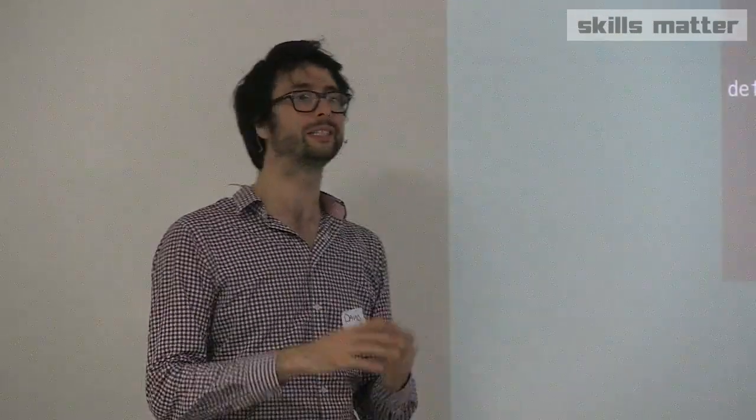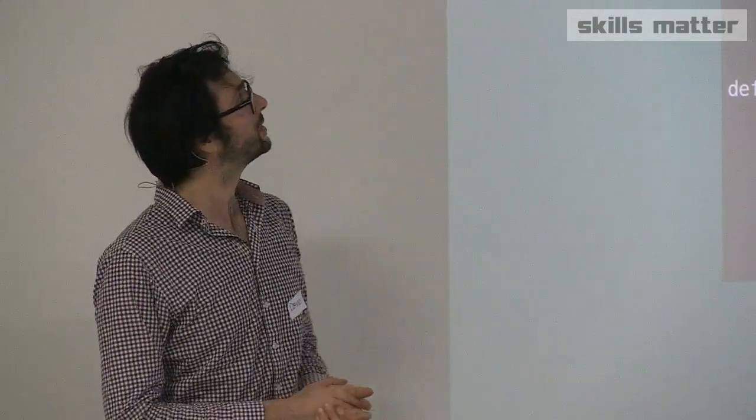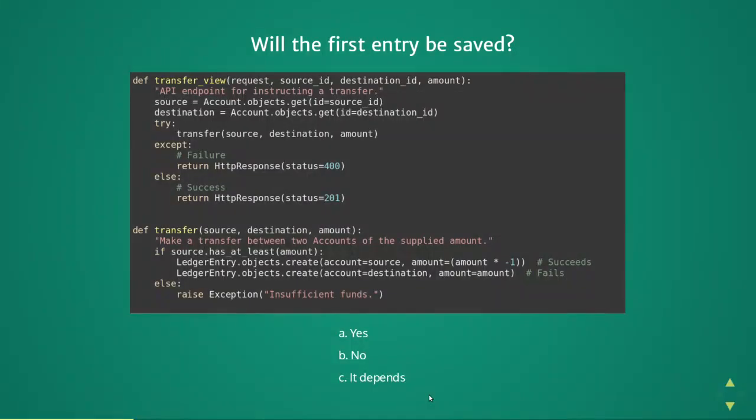So this is a little quiz about Django. This is our code. We've got the transfer code, which you've already seen, and we've also got a view, which is like an API endpoint, which receives the source, destination, and the amount. And what it does is it just transfers it. It doesn't really matter about the details. So my question is,